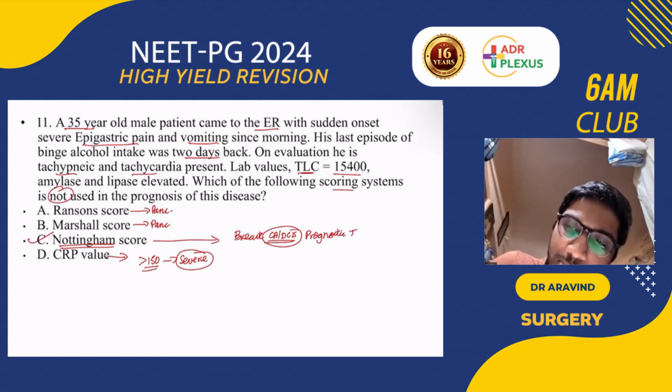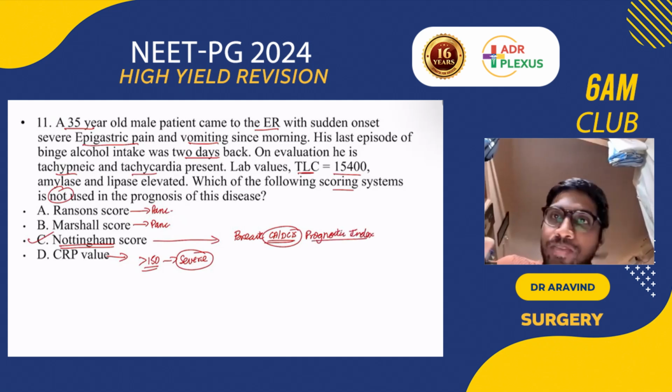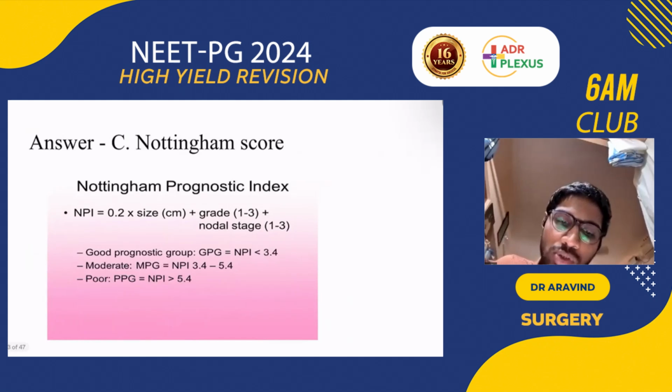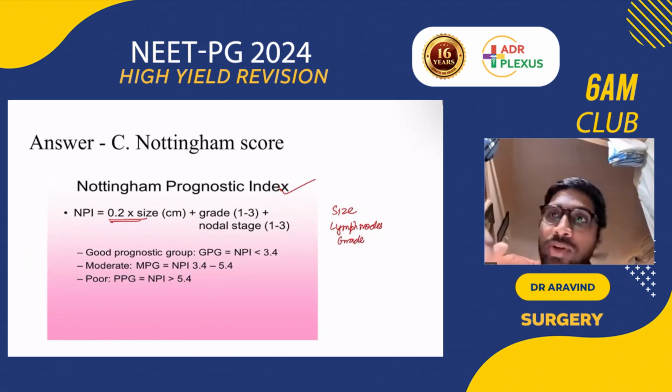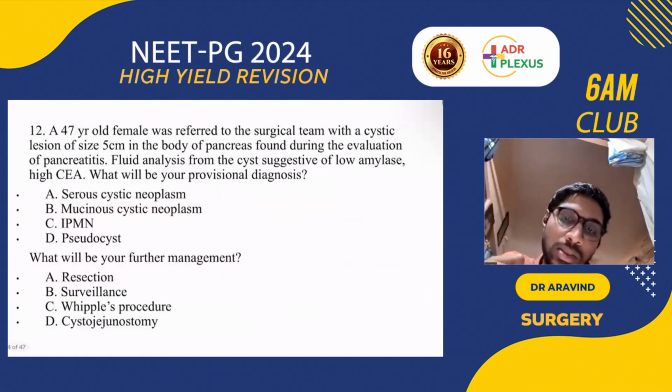It is the Nottingham prognostic index. Okay. Nottingham prognostic index. What are the things that are involved? You remember the size of the tumor, lymph nodes, and grade of the tumor. That is well differentiated, low grade, intermediate grade, or high grade. Just remember that alone. You need not remember these values. Just remember what the things included in the Nottingham score are. Next,